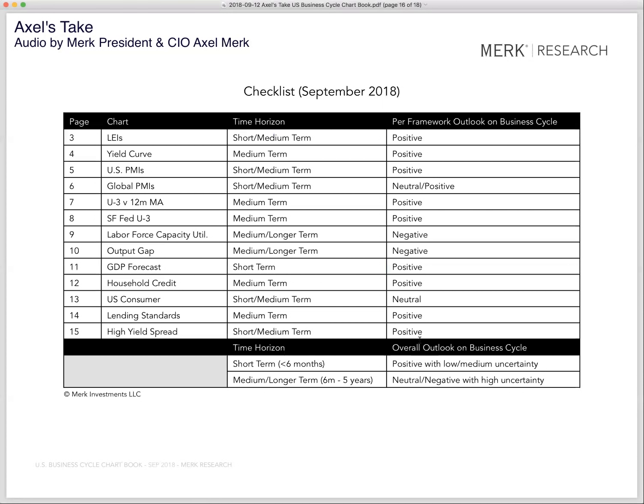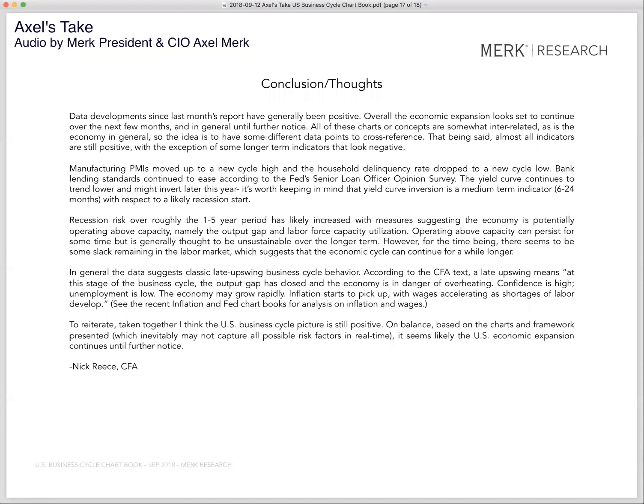And let me see, I should show you these concluding thoughts. Those are the ones from Nick. My own thoughts I just gave to you. Overheating is really the biggest threat right now in this economy. And of course, we can't give specific investment advice here, but